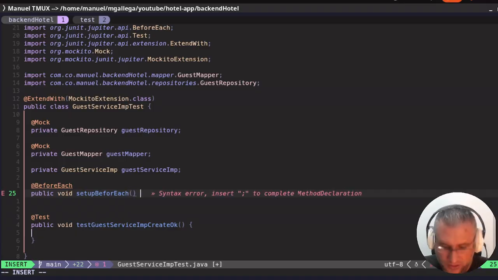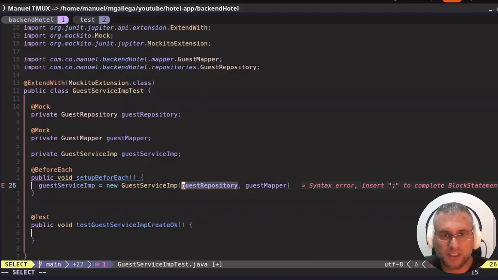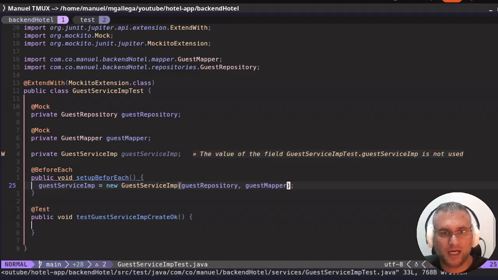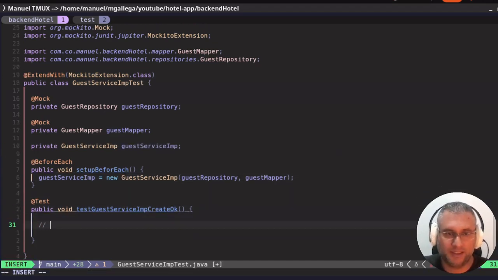Okay, and here I'm going to define the guest service implementation is equal to new guest service implementation, and I'm going to pass these 2 objects. This way I'm passing in the dependencies to the guest service implementation, and this is the correct way to pass the dependencies, because we are not using the dependency injection provided by SpringBoot. Okay, now let's define the given section,